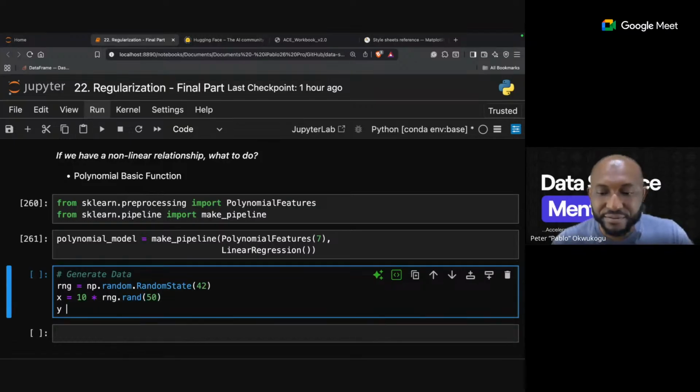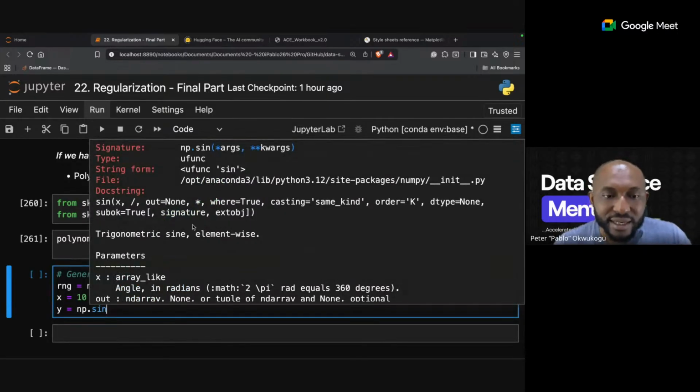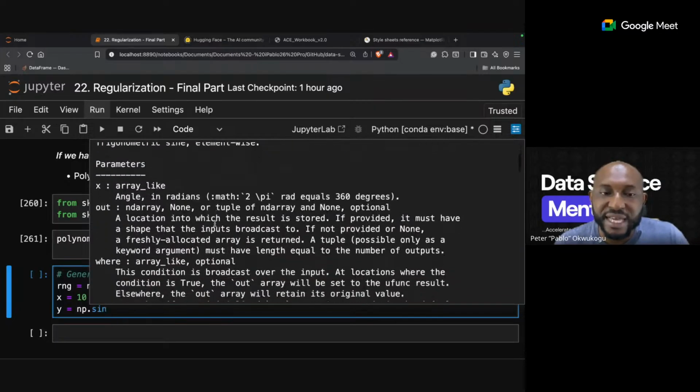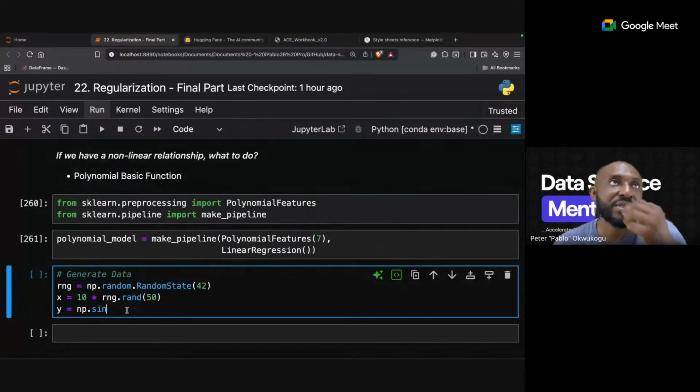But with our Y, we're going to say np.sin. So with np.sin, we're going to use that trigonometric function to create a sine wave. When we put X in here, it's going to take this and form a wave out of it.